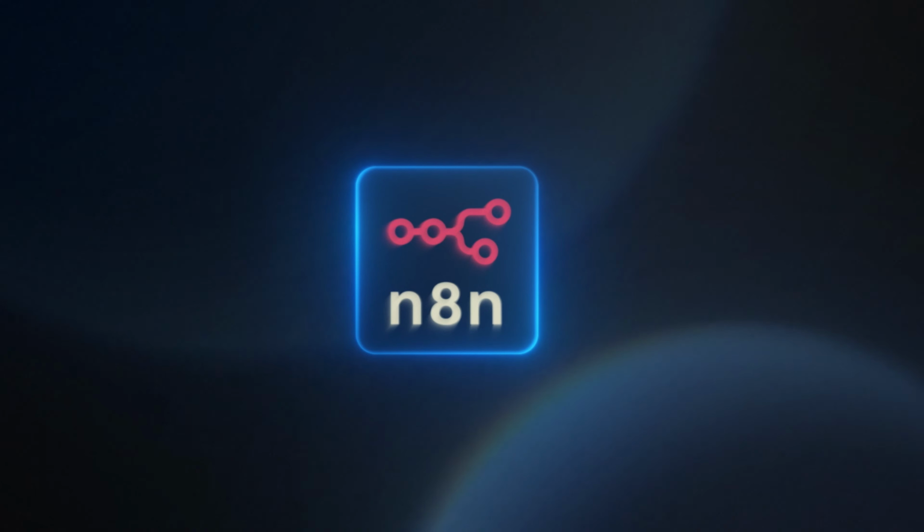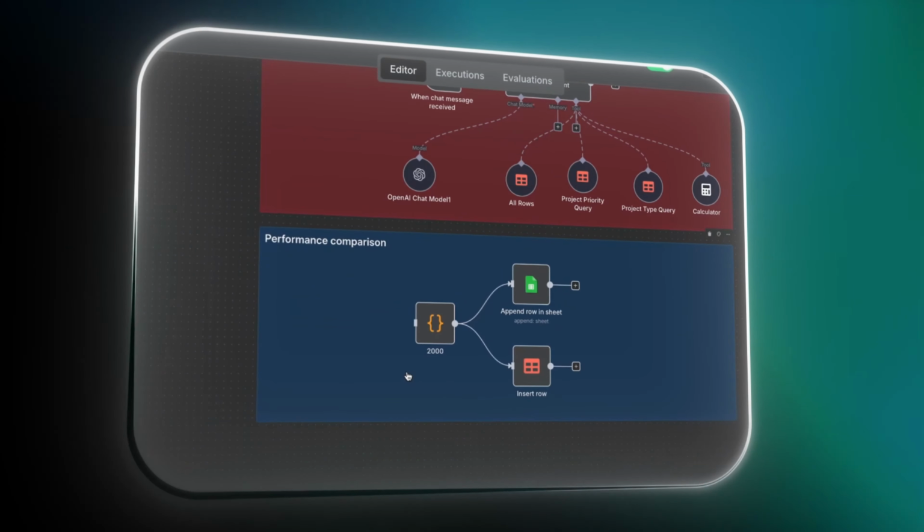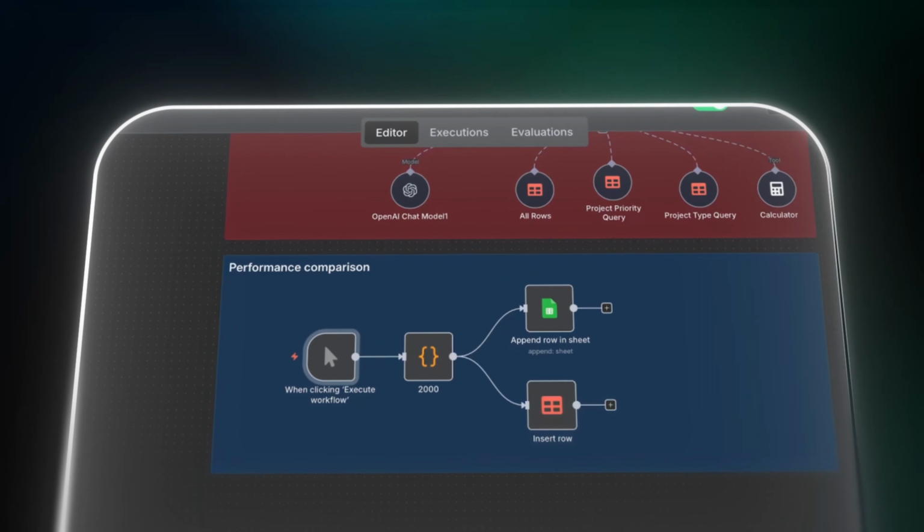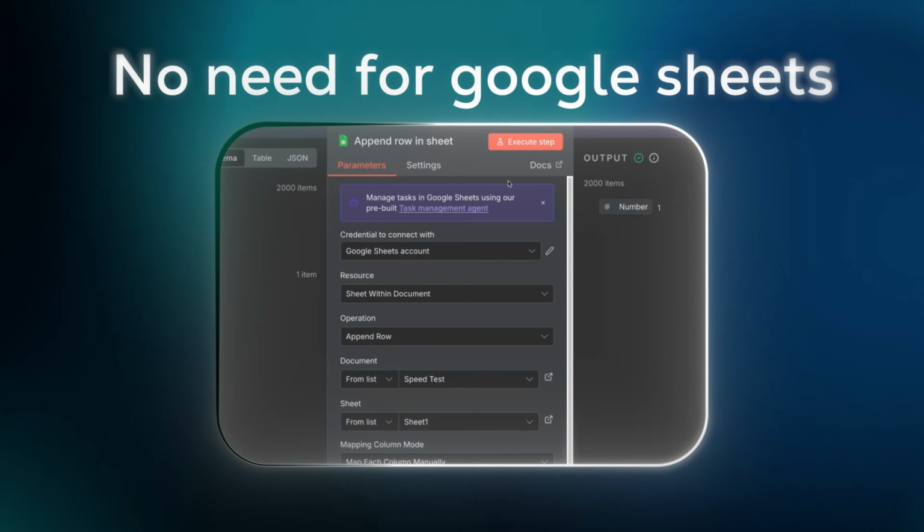Well, it's time to cancel your Pinecone subscription, because n8n has just released one feature that makes external vector storage basically useless for 90% of AI agent builds. This is not an exaggeration. This is the single biggest update from n8n since they introduced the Langchain nodes. I've been testing it all week and it completely eliminates the use case 90% of the time for vector stores